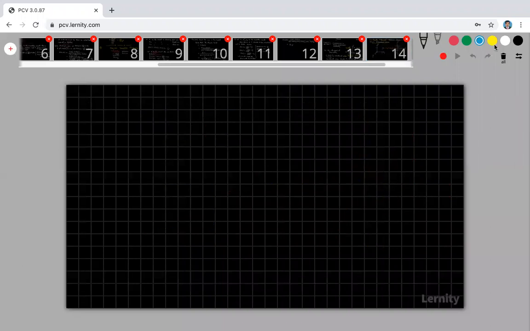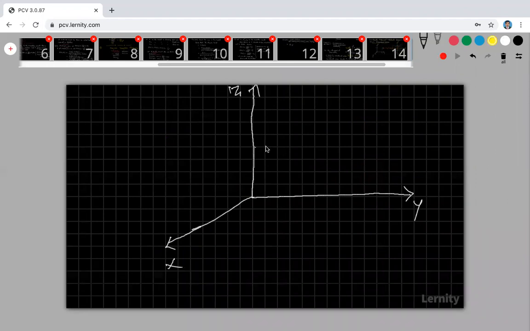Right. So again, another point. You can please note down. This is my x-axis, this is my y-axis, this is my z-axis part. And this is